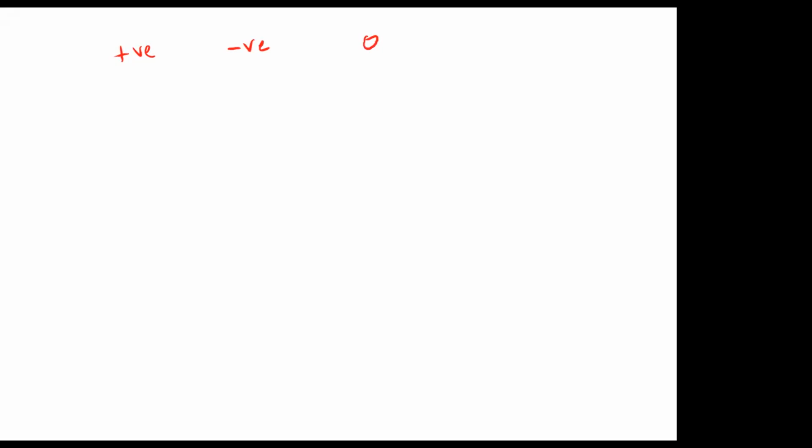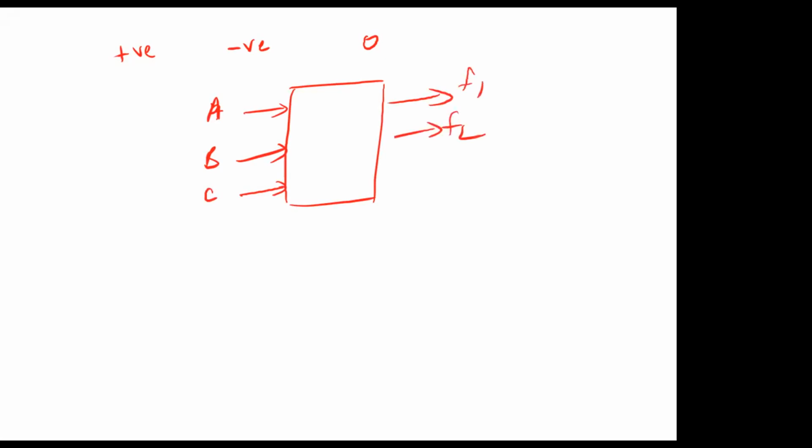So the way we are dealing with it is we have an extra signal. Instead of just A and B, we have A and B going in. These are the comparing signals. And then we have a signal called C that goes in. We have F1, F2, and F3. This is our circuit. And what C basically says is if C is high, then your signals are considered to be signed numbers. And if C is low, then the signals are considered to be unsigned numbers, right?